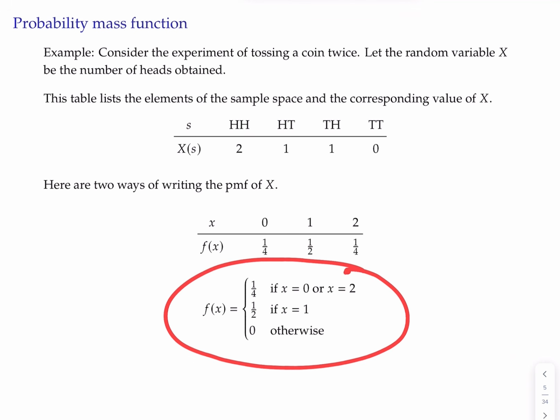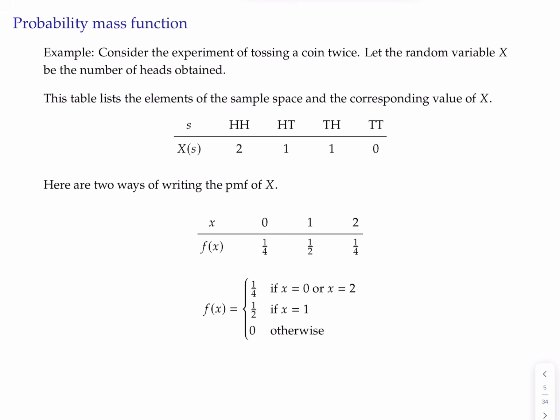This is another way, the case-wise representation. The probability is 1/4 for these 2 values of x, 1/2 for this value of x, and then 0 otherwise is often written. I tend to think the table is easier to think about, but this is a version you'll see sometimes too. Just again, to hammer on the notation here: if we say for a discrete variable, we're looking at little f of 1,